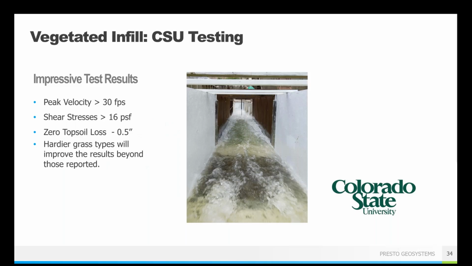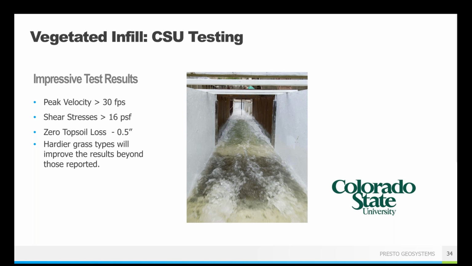So we did a number of tests with them for all of our different infill types, vegetation, aggregate, and concrete. So we'll start with the vegetated infill. And so this was a test that we did with the 6-inch deep GeoWeb system filled with that topsoil. And then in this case, it was covered with a mid-grade turf reinforcement mat and had the vegetation allowed to grow. So vegetated infill testing was performed with two objectives in mind. The first was the ability to withstand those high velocities and shear stresses, which are the main components you're going to think about when it comes to withstanding water flow.